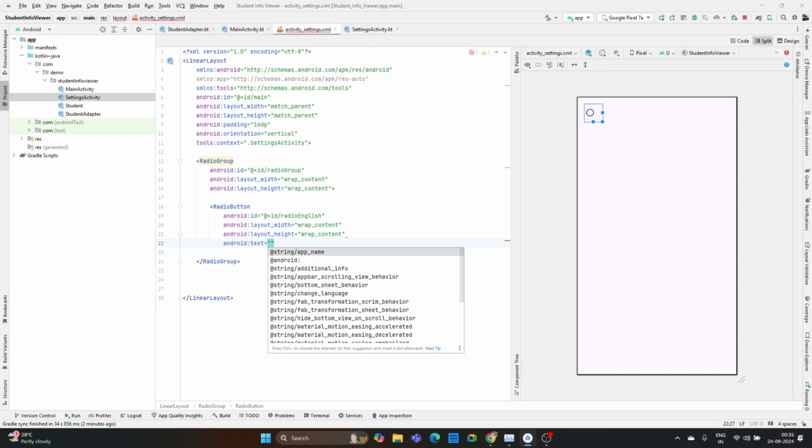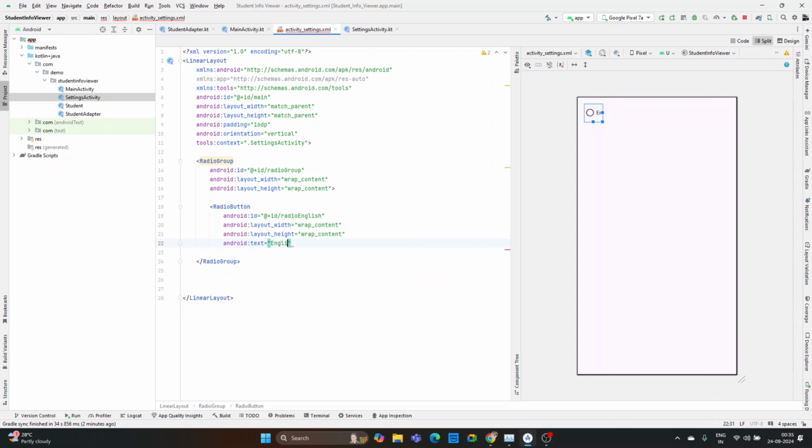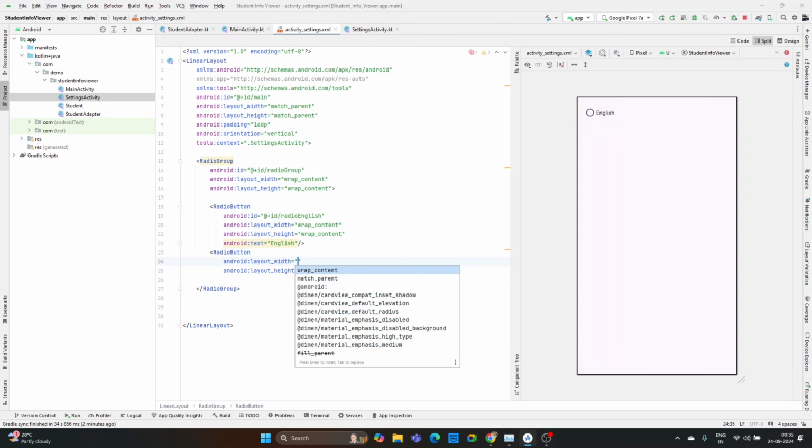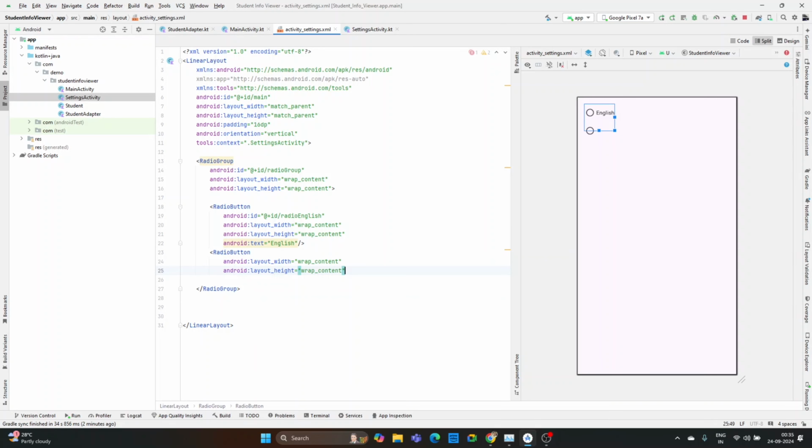The text will be English. Okay. So, and then after we also write a new radio button here. We have to close this, and then we have to also write a new radio button, which will be the wrap content, and we also need to give an ID here as well, which is @id/radio